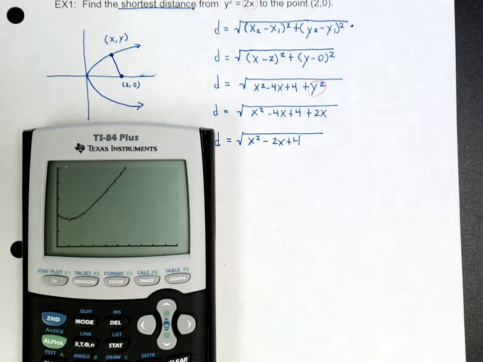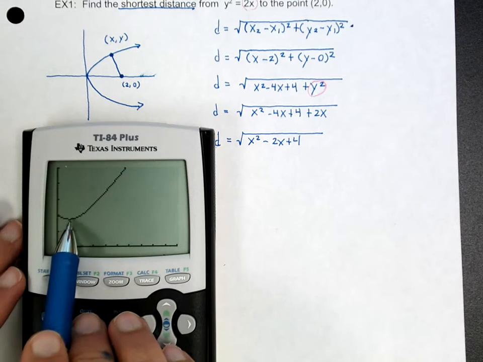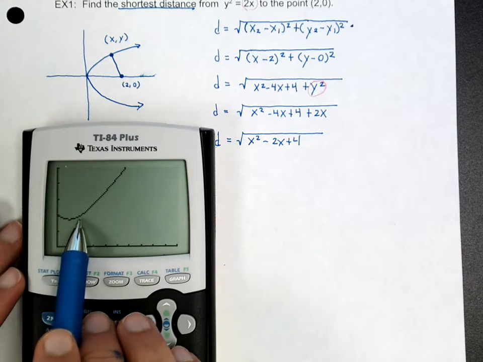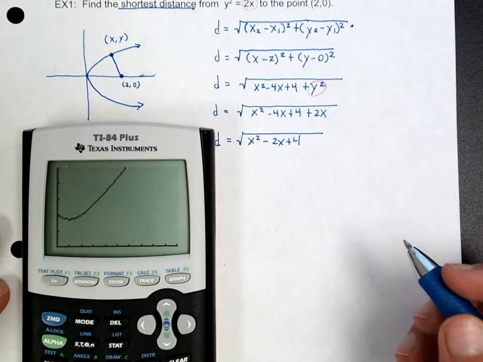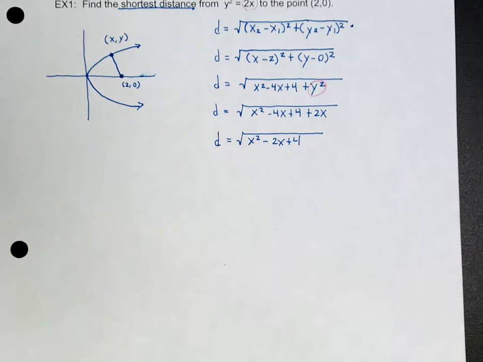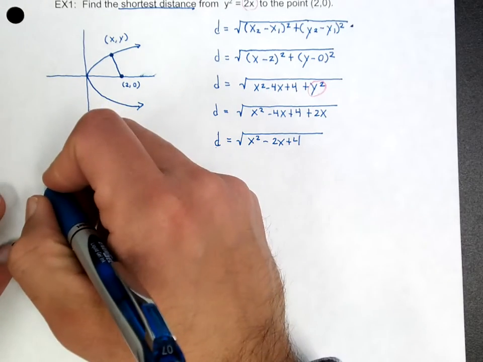calculus, we're going to have to use some of the knowledge that we have. Now I know from calculus that at this point, because this is a minimum, the slope of the tangent line is 0. So if I know that, assuming that I didn't have a calculator, I can take the derivative